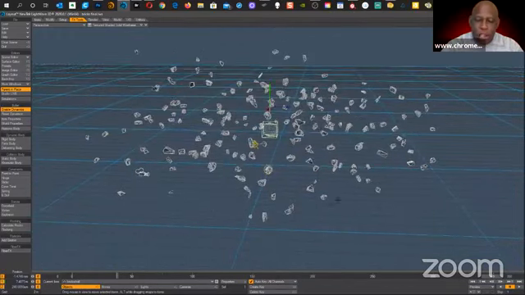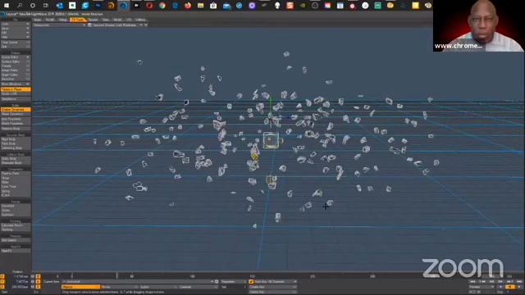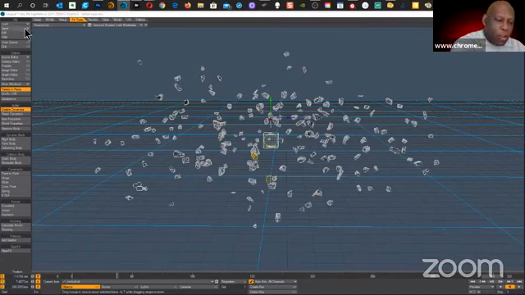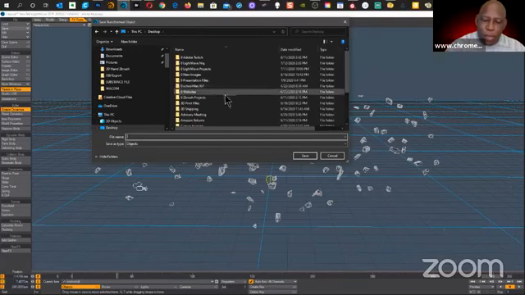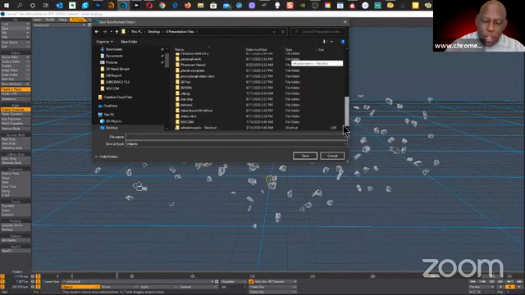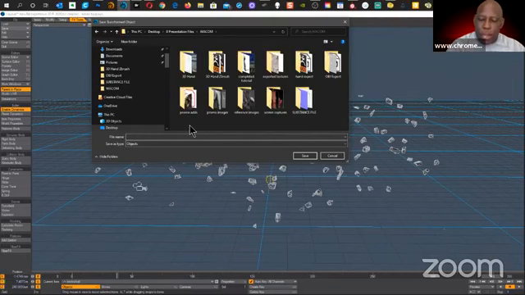All right, now what do I do from here? How do I get it out of Lightwave and into Photoshop? Remember we talked about OBJ being the JPEG of the 3D world? We just need to export this particular frame as an OBJ. So I'll come over to my save menu. I'm going to say save transformed object, and it's going to go back to a folder that I've already been working in. Actually, I'm going to go to my desktop. I'm going to go to my presentation files and go to the WACOM presentation, which is the folder I'm drawing from right now. I have a folder called OBJ export already.